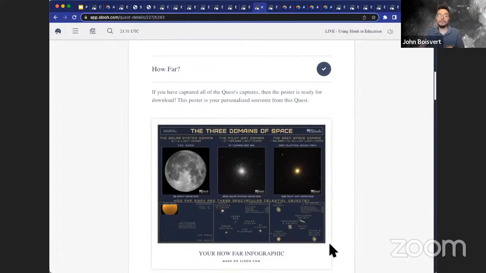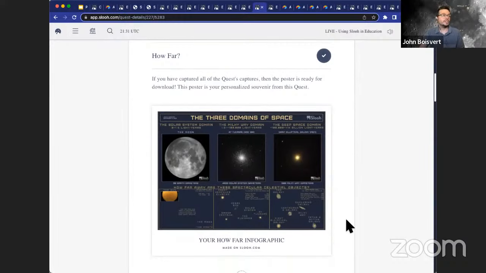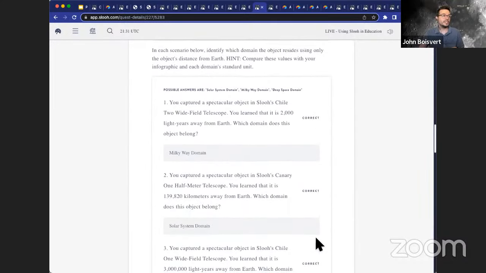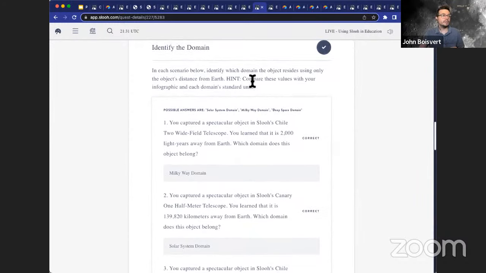So if you do the How Far quest, you'll notice that after they get their poster, they're asked a number of questions that they actually need to use their infographic to answer. It's even more solidifying their learning using these tools they're making on the quest, and then they use them to continually keep that knowledge in their brains.